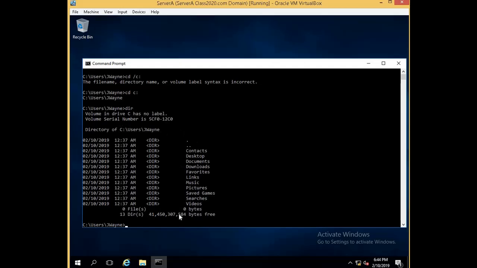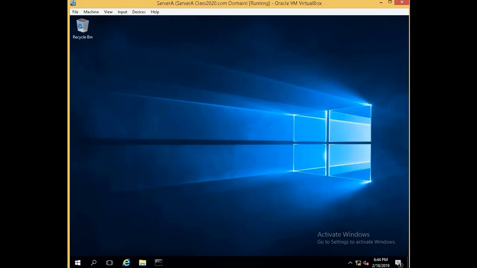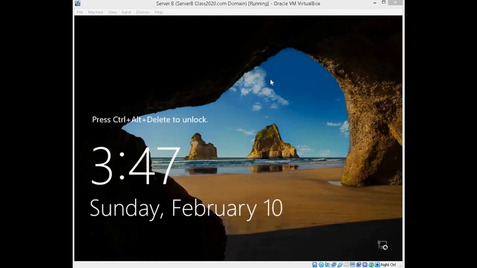No, we can't see anything because he does not have the administrative permissions to access the folder. Now we're going to log on to server B